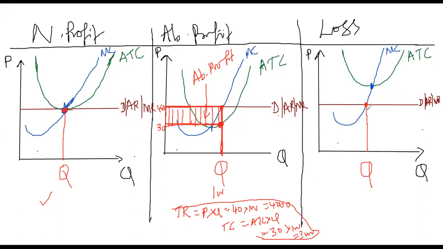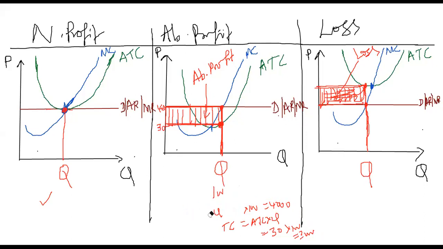Then in the loss diagram, for this price there is a quantity. This is the price or the AR. For this, there should be a cost. The ATC is above now. So you continue this straight line. When you continue this straight line, it cuts the ATC curve here. Then come to this. This line cuts the ATC curve here. So then it has to be drawn like this. So this portion is the loss. This is the loss.